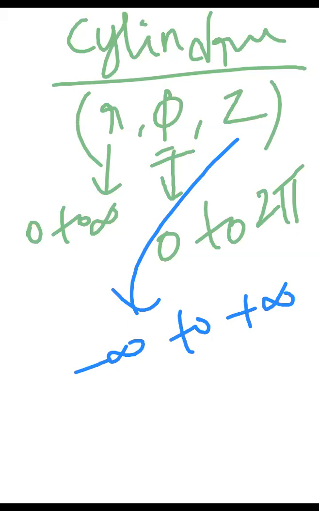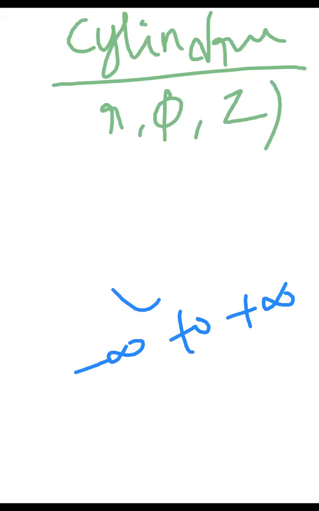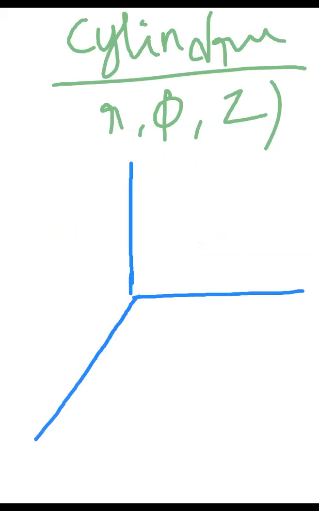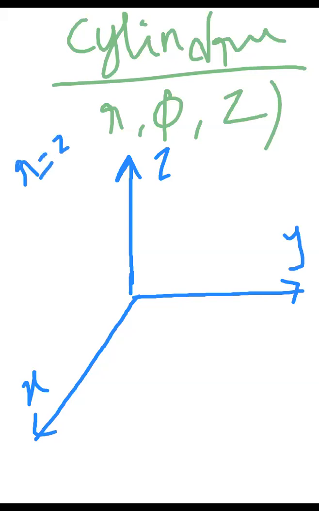So, suppose I'm going to analyze one by one. R means what, sir? Say this is the x-axis, this is the y-axis, this is the z-axis. If somebody is giving you r equal to 2, what is the meaning of that? That r means radius. Again, you have to form a circle of radius 2 in which plane, sir?